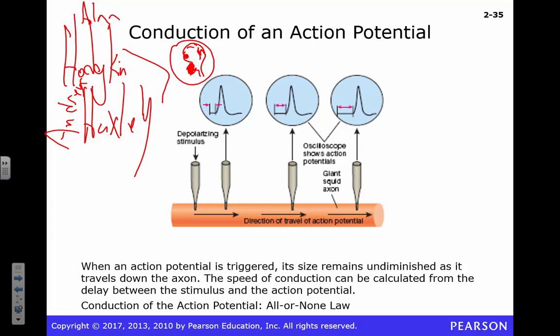I don't know. Maybe it was formatting. They didn't have a diagram for that page. It was like, let's make this a little longer, fit in the words. A squid has a huge axon. This is awesome because you can pull it out and stick things in it, and you didn't have to have advanced technology. Now we can stick stuff in axons like you wouldn't believe. You can just zap an axon from 50 meters with an electrode, and you're good to go. But when these guys were doing it, not so much.